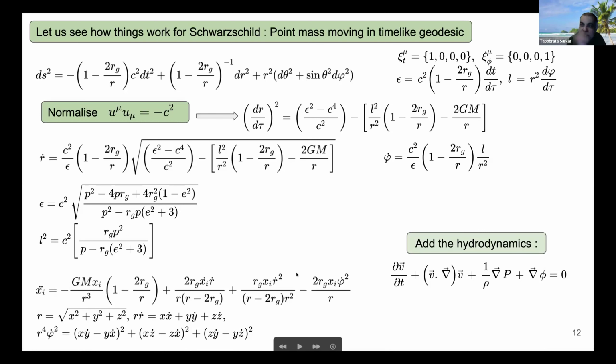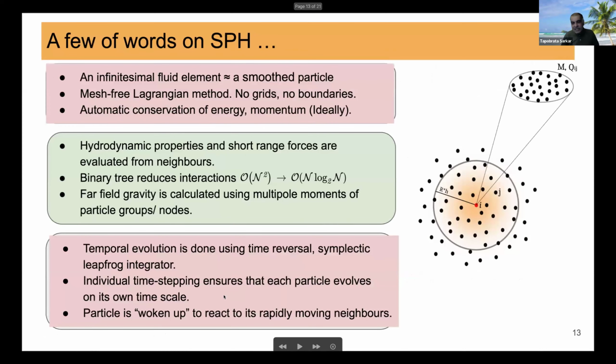And then you add in, so there comes the approximation. You assume that you keep the star sufficiently far so that you are in a regime where you can still apply Newtonian hydrodynamics. So you write down the Euler equation over here, couple the whole thing, start from some initial configuration, evolve it in time, and see what you get. This is basically done using something called smoothed particle hydrodynamics, at least we do it in that way. There are other methods, like grid-based computations, which are more numerically expensive.